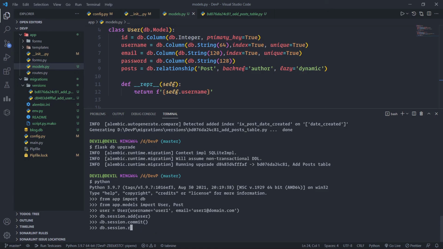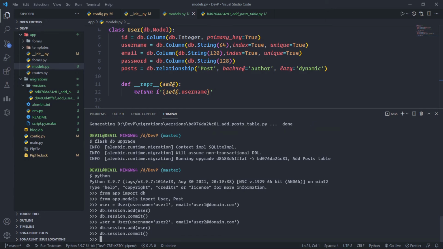So if we just create another user object, what should we name it? User only. Let us name it user again. Username is equal to user2, and the email will be obviously user2@domain.com. Cool. And we need to write db.session.add user and db.session.commit. Remember, while issuing this commit command, we need not pass anything. So after this, we have two objects of the user class created.